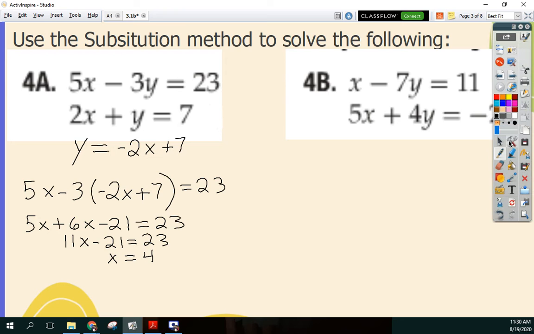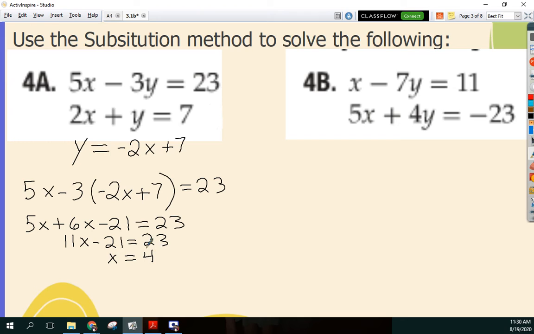So then our next step is going to be to take what we got here, x equals 4, and back substitute. And we could plug it into any of our equations. However, notice that in my second equation, I already have an equation that is equal to this one. So I'm allowed to use it, and y is already solved for, so I won't have to solve for anything. So if we use that second equation,